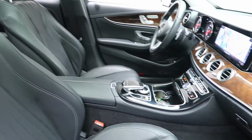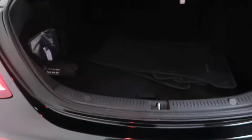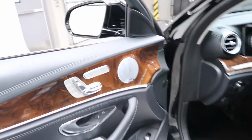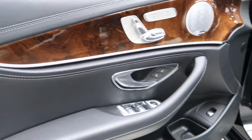Black MB-Tex interior with a burl walnut trim, panorama sunroof, E300 4MATIC badging, clean set of floor mats, power liftgate, premium 1 package with blind spot assist, Burmeister sound system, heated seats, memory seats, ambient lighting,